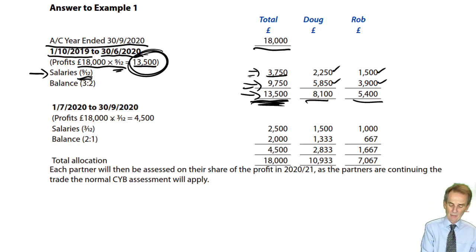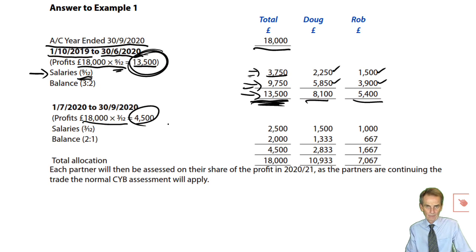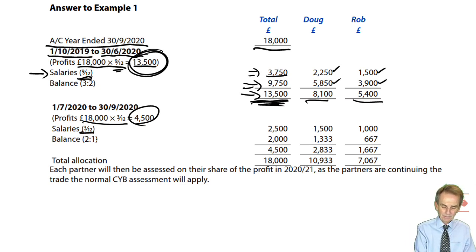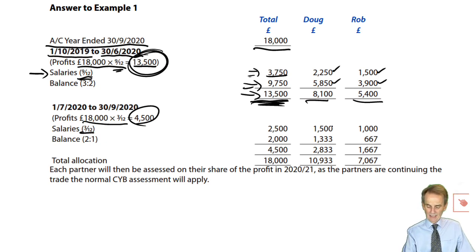What about the last 3 months? Well, 3 months of 18,000 is £4,500. What do we do with it? Well, salaries, 3/12ths of those salaries, which were now respectively £6,000 and £4,000, giving us £1,500 and £1,000 individually. Put them together, we've got a total of £2,500 allocated out of £4,500 in total, leaving as a balancing figure to be split in the revised PSR, here 2-1, a balance of £2,000. That gives us, not quite nice round numbers, but